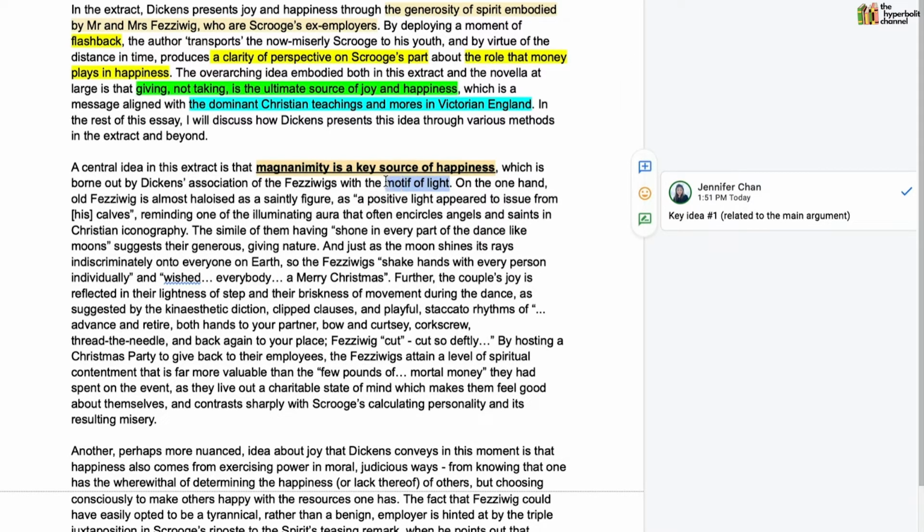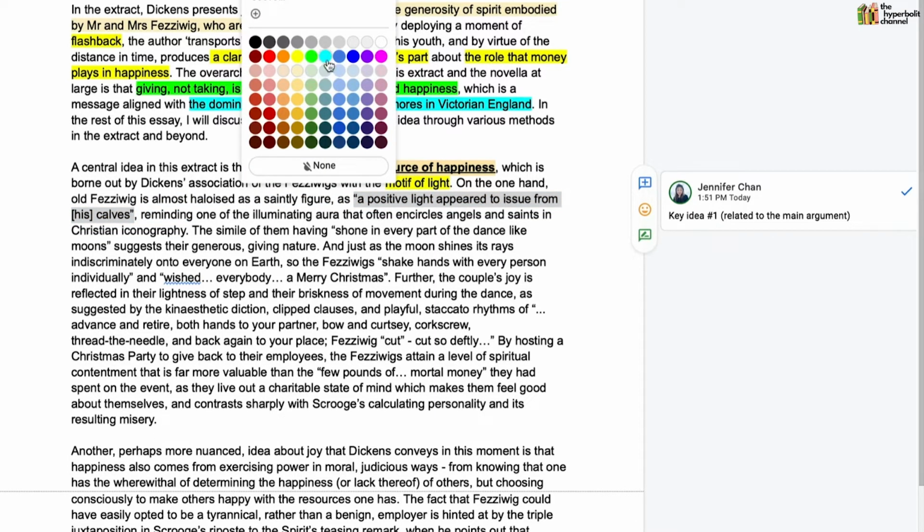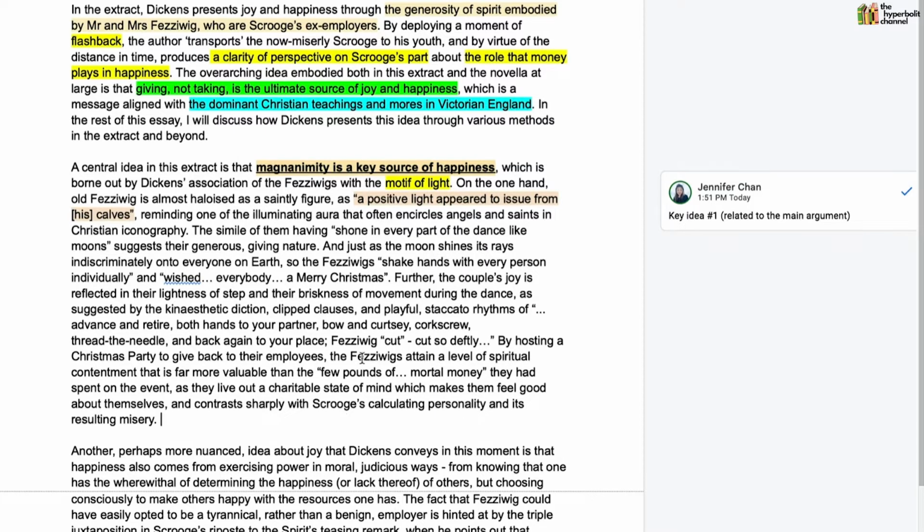Also, the student tells us she's going to be engaging with this author's method, specifically the use of motif, the use of a light motif. And so she's going to go on to explain how this use of motif of light illustrates her key idea number 1. So she goes on to say, on the one hand, old Fezziwig is almost haloized as a saintly figure, as a positive light appeared to issue from his calves. First quotation here that the student brings in, reminding one of the illuminating aura that often encircles angels and saints